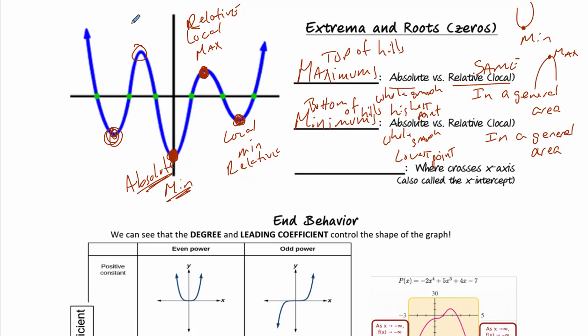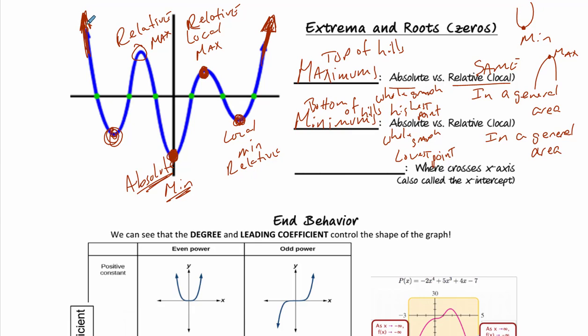All right, this top one right here, we call this one a relative max or a local max. And some of you are like, why is it a relative and not an absolute? Well, that's a very good question, so we need to understand this. If I look at the ends of the graph, the arrows here, these arrows tell me what? That it goes up and up and up. Well, that means that there is no absolute maximum, because these end lines, the end behavior over here, we'll get to that in a little bit,